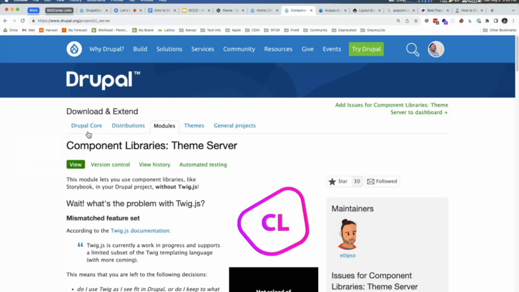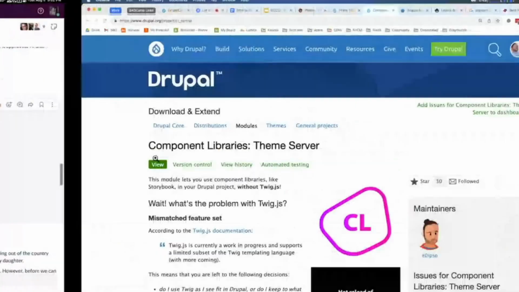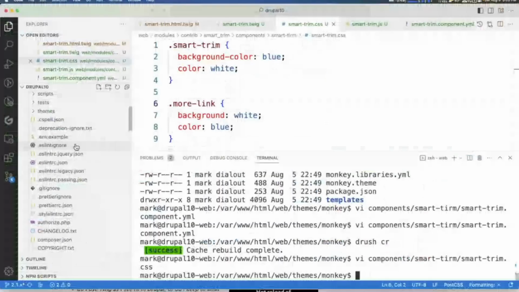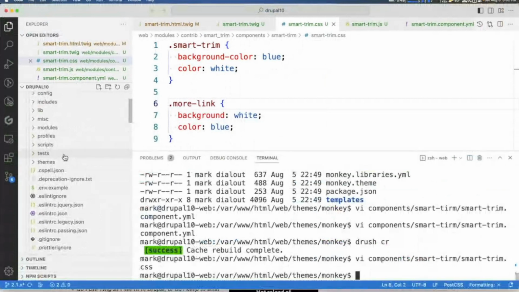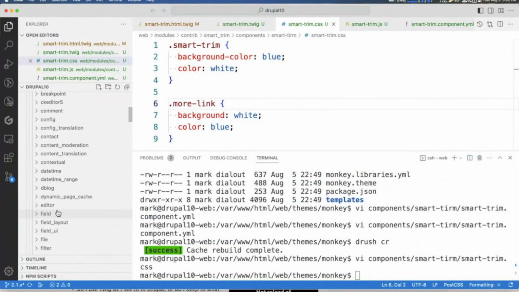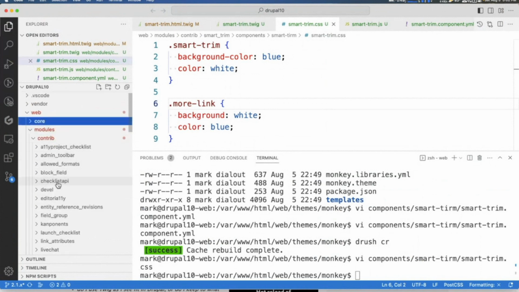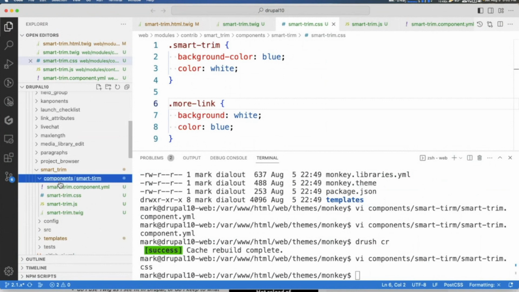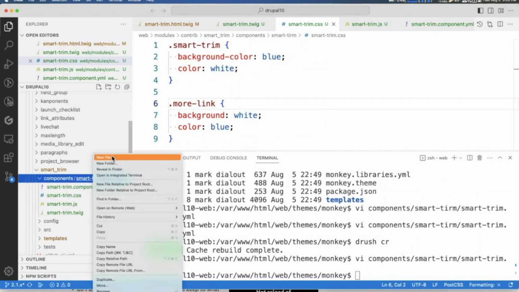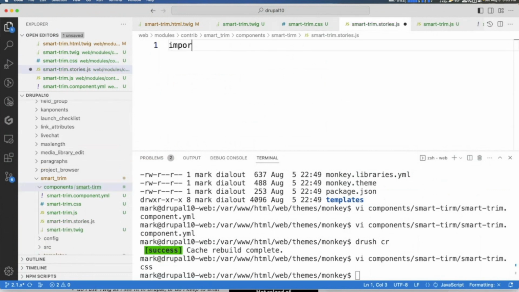But basically, if you're going to want to add your Storybook, you're going to want to, in your template file, which I'll show you the template file we can see, not the one that we can't see. Wait, am I in core? I'm in core. Don't do that. There we go. In your component folder, you would create a new file called smarttrim.stories.js, and then you would import